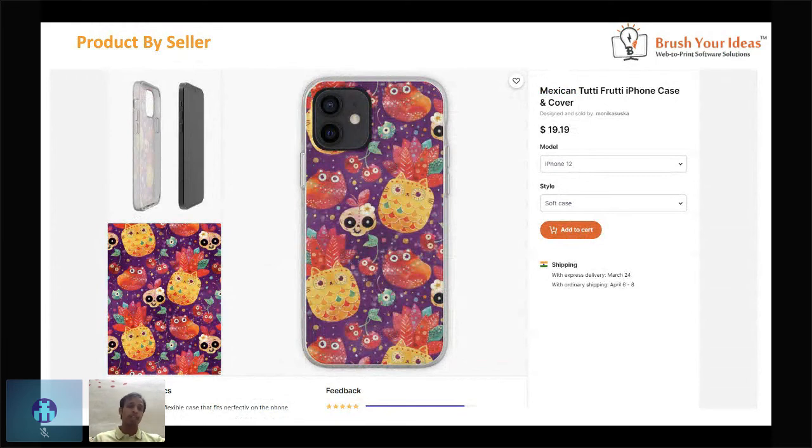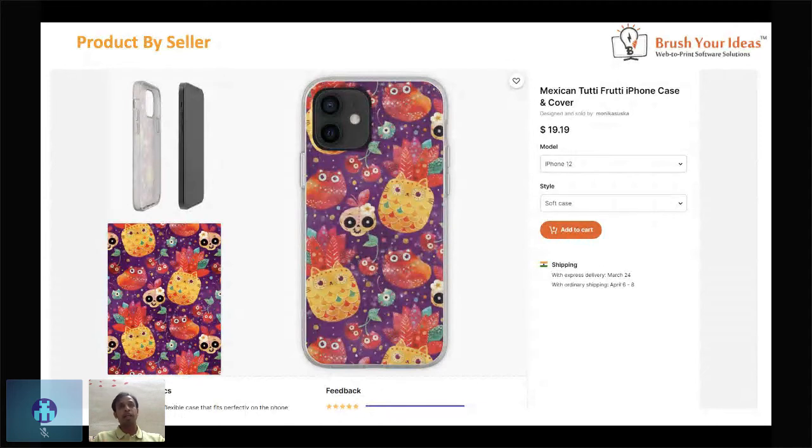On my screen you can see this design, which I uploaded as a vendor and artist, added to specific products. As a vendor I can see my name on the product page itself, so whenever an end customer accesses this page, they will see whom they are connecting with, and they can purchase the product.